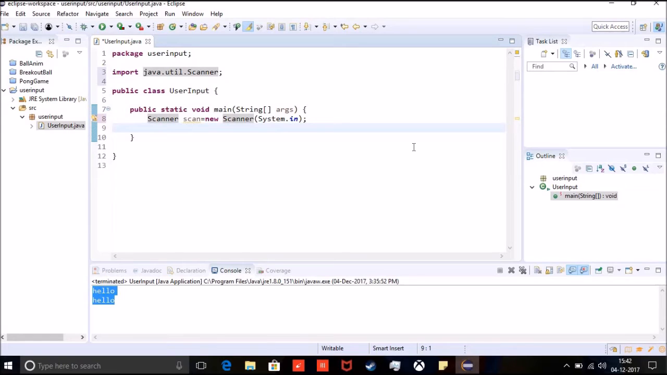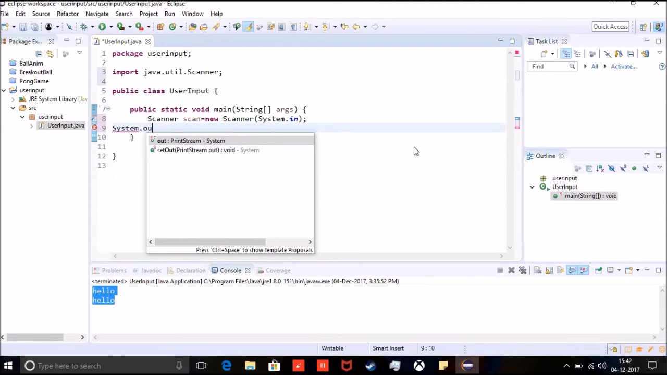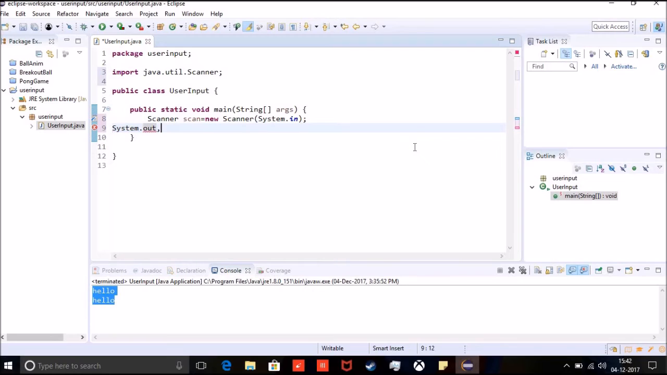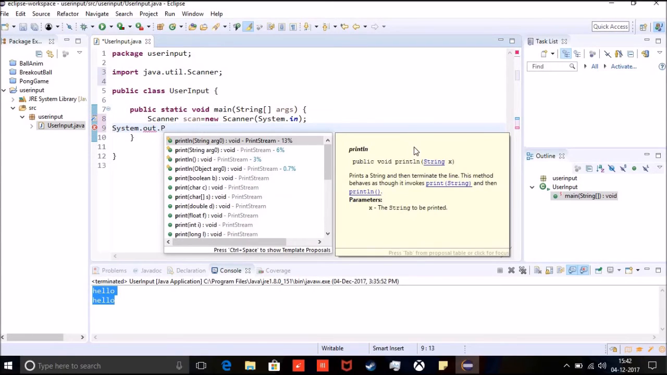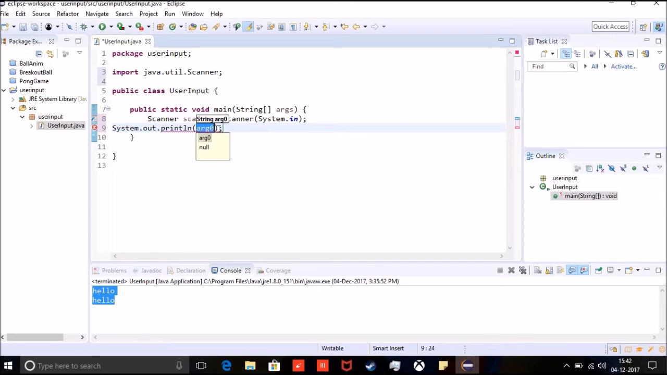So we give it input and it prints what we have given it. As you know, what do we use for printing? We use System.out.println, and don't worry about that. So it's basic System.out.println, and let's say